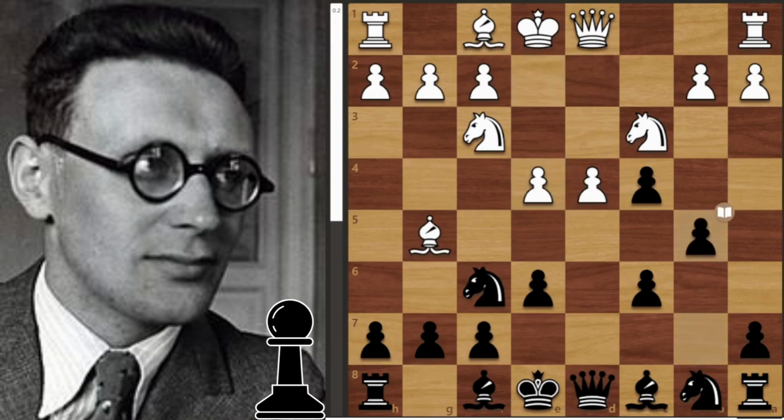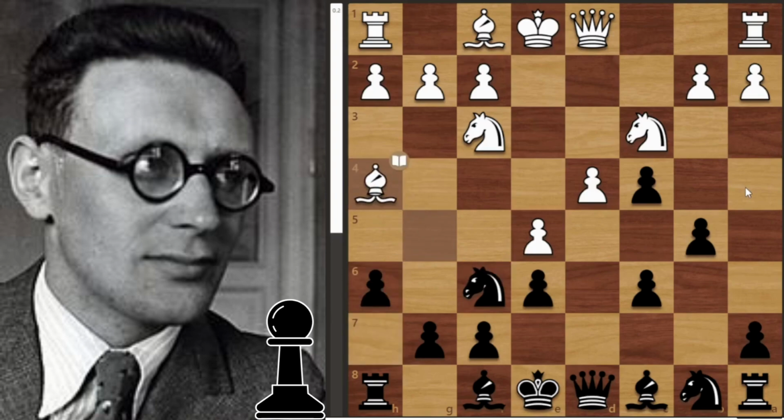So we get b5 by Botvinnik, protecting the pawn, e5 by Denker, attacking the knight, of course, because now we are pinning the knight to our queen, so we get h6. So you've got some options here of how you want to play it. You can take the h-pawn with the bishop, you can take the knight with the bishop, you can take the knight with the pawn. But in the game, Denker drops back, keeping the pin alive,